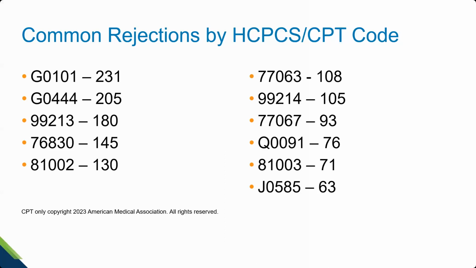The 77067, I kind of skipped over that, but that's being rejected because the facility name or the lab name and address is missing, and also because that facility is not certified for digital mammograms. The J0585 being rejected: invalid, missing modifier, or the claim lacks information needed for adjudication. And this, folks, is that Botox that I pulled up a bit ago. It's a Botox drug being administered. We do have that local coverage determination and article that tells you what is needed on the claim form.